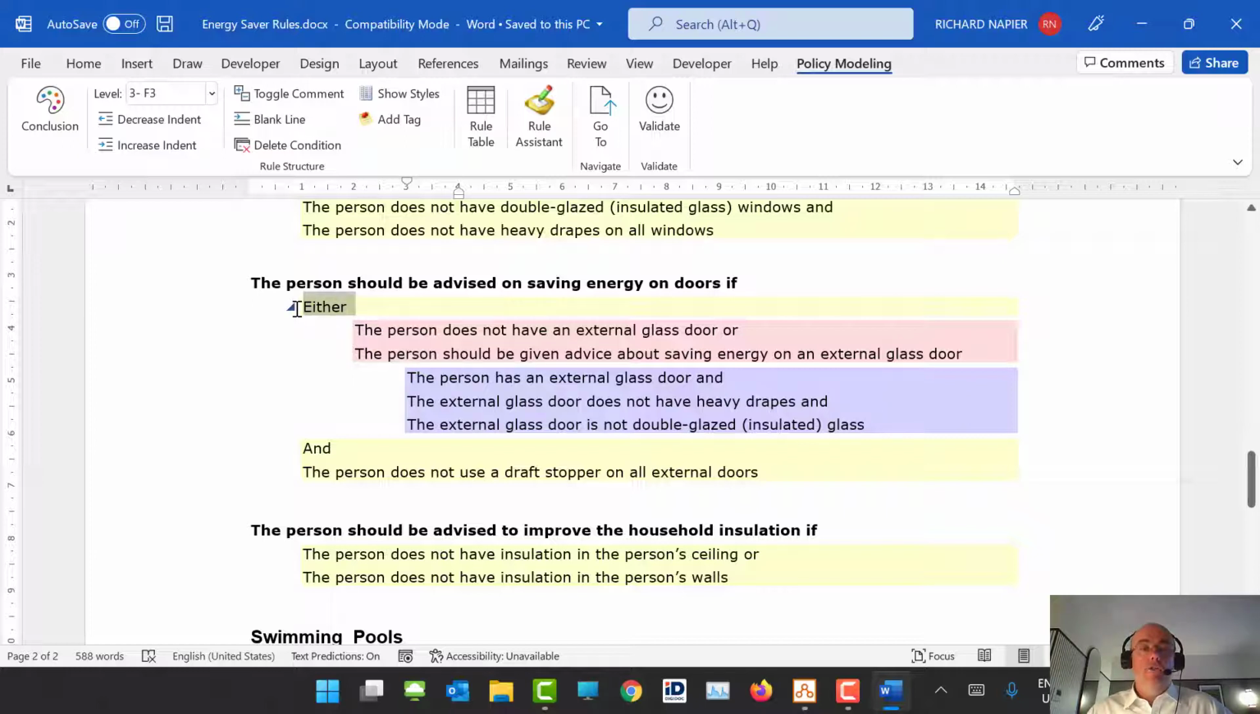So we have an either block and an and block. Let's focus just on the either block for now. We have the initial part of the either, which says, well, you don't have a glass door, or, and then it says the person should be given advice about saving energy on an external glass door. So we're going to focus on this second line because of the text underneath,